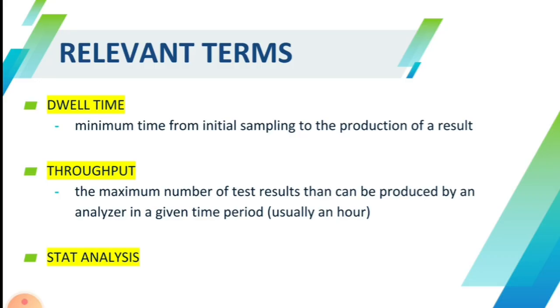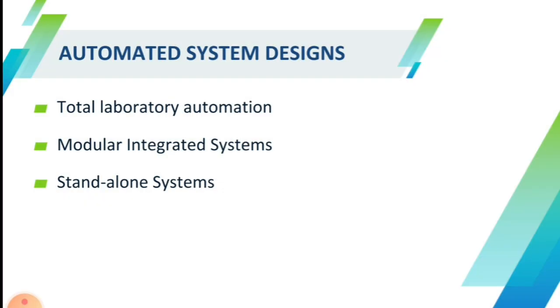So we also have standard turnaround time. It is defined by most laboratories as the time interval between the specimen being received in the laboratory to the time the report is dispatched with verification. So the clinical laboratories need continuous high-quality customer service in order to maintain their high-quality standards. These requirements are becoming increasingly questionable because of cost apprehensions. So it is very difficult for clinical laboratories to balance cost with quality goals, patient safety, and demands. So that is why we have three automated system designs: total laboratory automation, modular integrated systems, and the standalone systems.